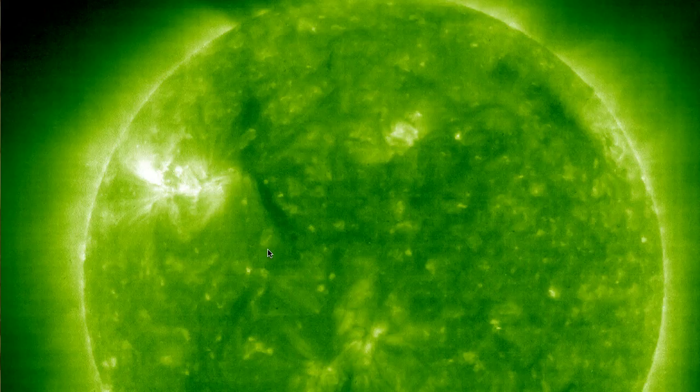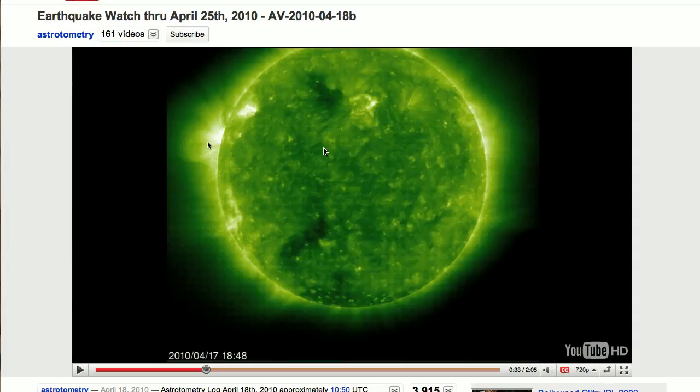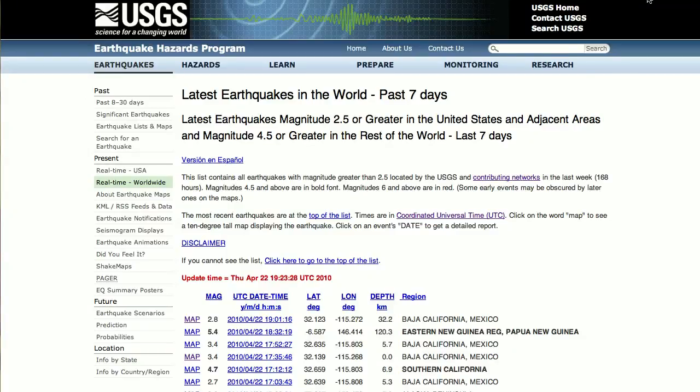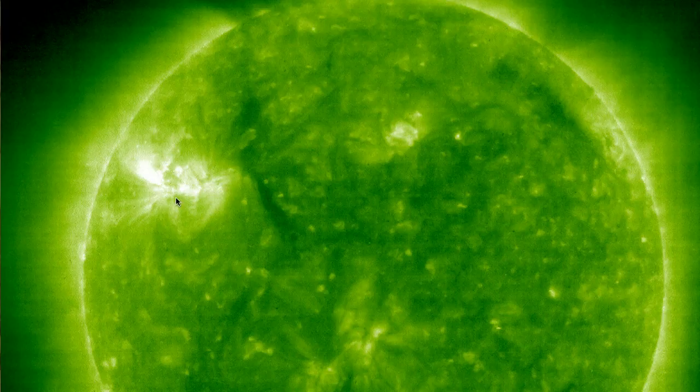This is the latest one, and coming over the western limb is another feature that looks similar to the San Andreas Fault again. And so whereas this is the disturbance before, when this active region came around, we can see that there is this feature that looks similar to the San Andreas Fault again. And so it looks like there is going to be another shaking on the fault, possibly not as bad as the one before, because this disturbance isn't as bad.